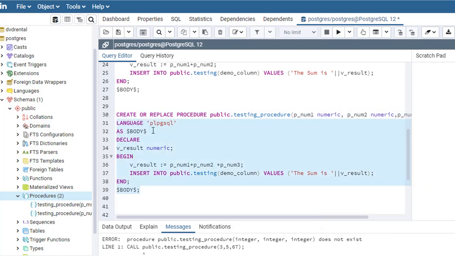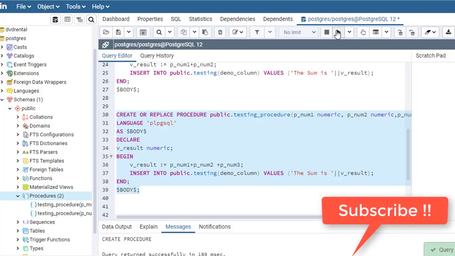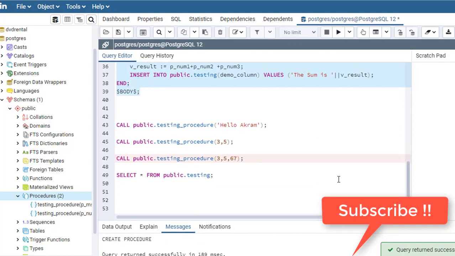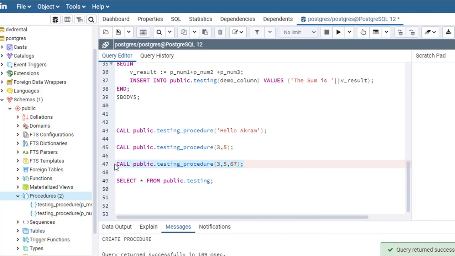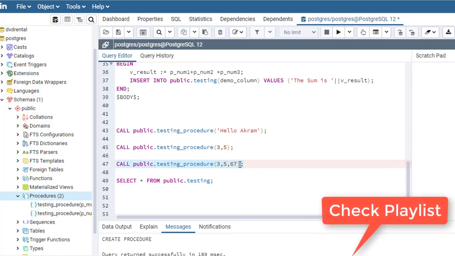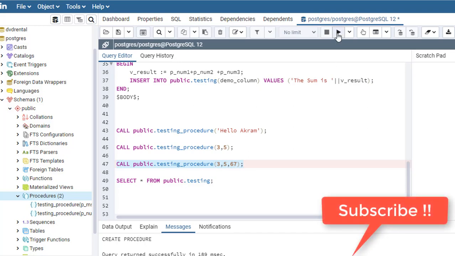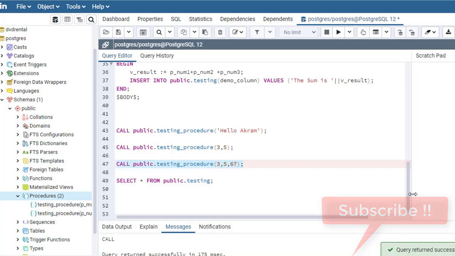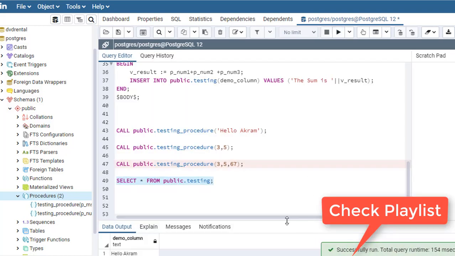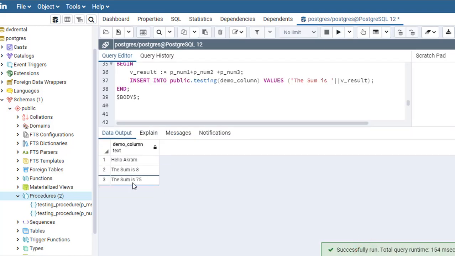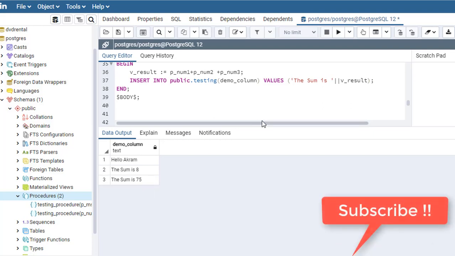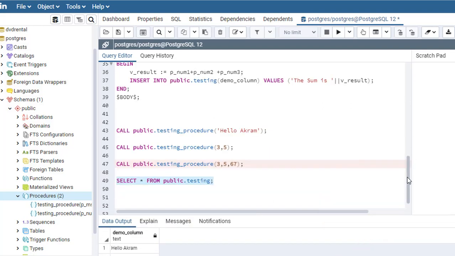So let's first create this one. So the procedure is created. Now when I call it, it won't give me an error, but it will be executed successfully, and the sum of 3 plus 5 plus 67 will be inserted in the table. So now call it. This time it's called successfully, and now I will check. See here, the value is inserted. So this is how procedure overloading works in PostgreSQL.